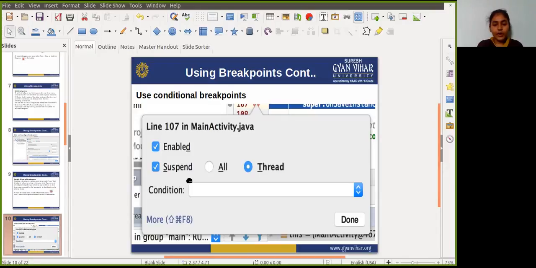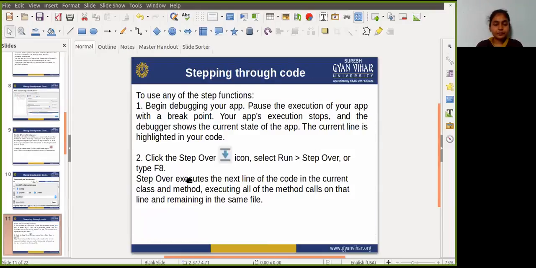So you can use variable names from the app as a part of the expression, and then run your app in debug mode, and your app stops at the conditional breakpoint if the condition evaluates to true. Next, we can step through the code.